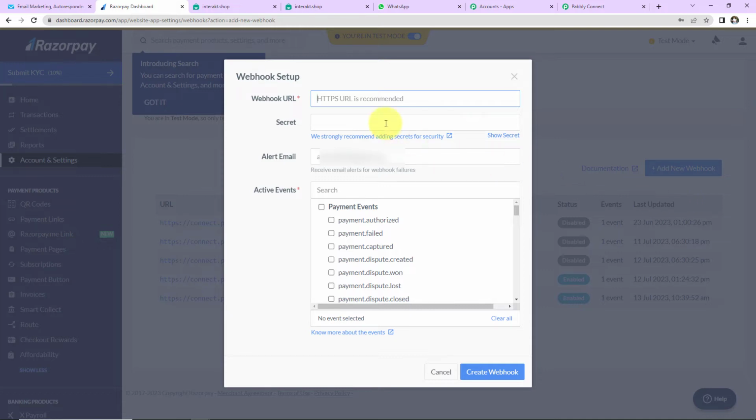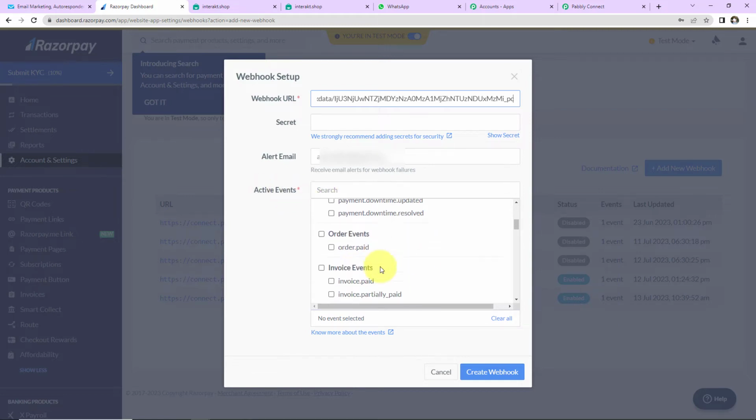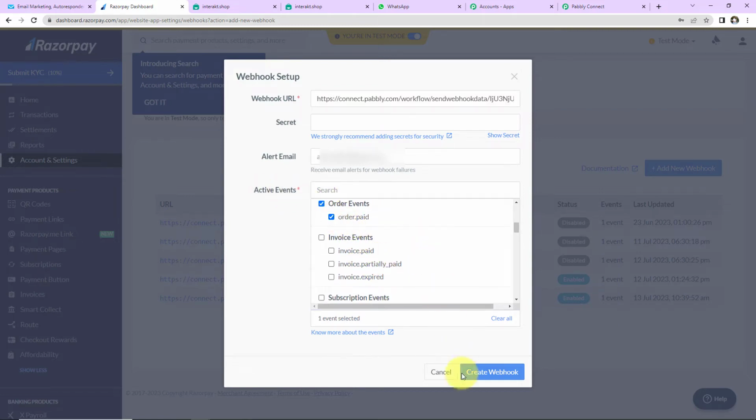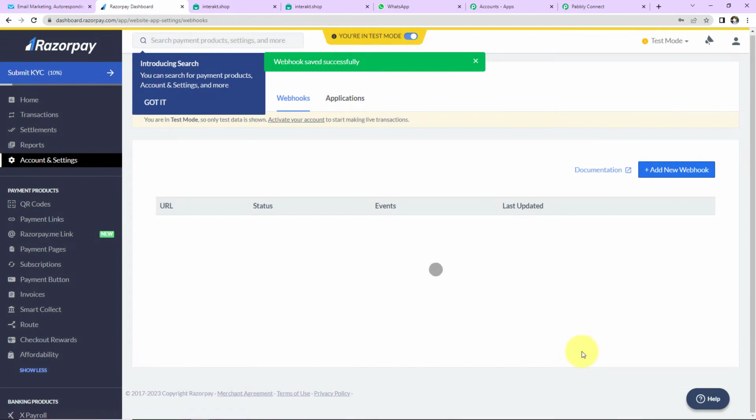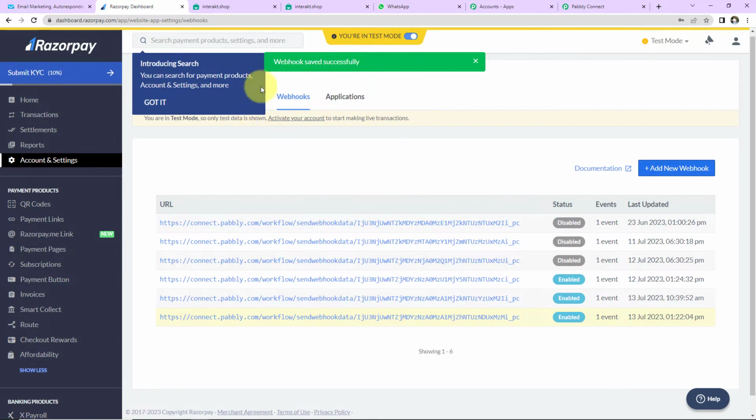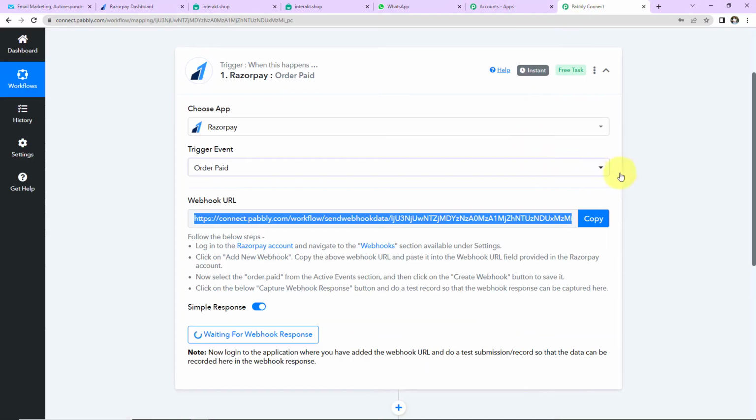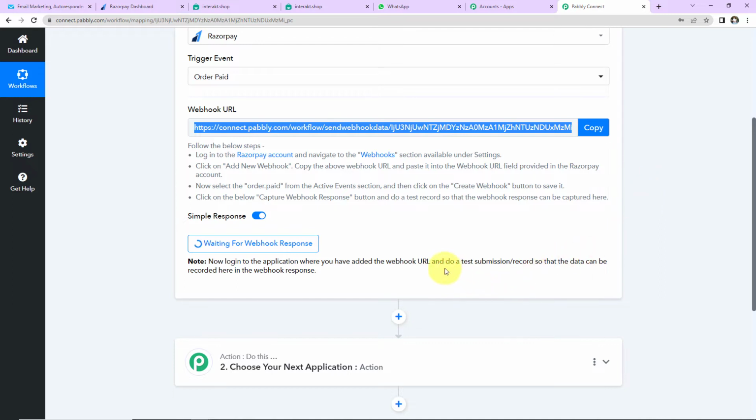Here I'm going to paste the URL that we have just copied, and now the active event. What is the event here? It is Order Paid, so I'm going to select that and click on Create Webhook. As we do that, you can see that the webhook has been saved successfully. Now taking you back to Pabbly Connect, it is saying to do a test submission so that the data can be recorded here in the webhook response,